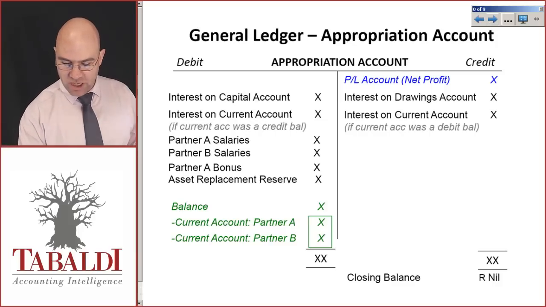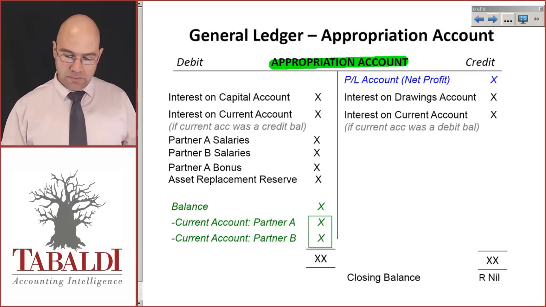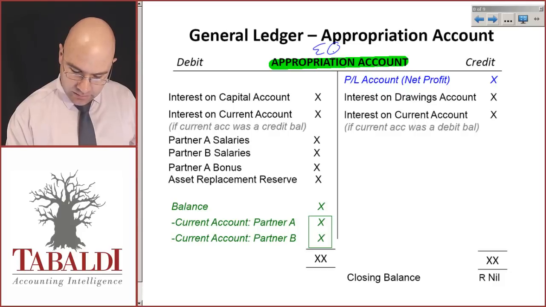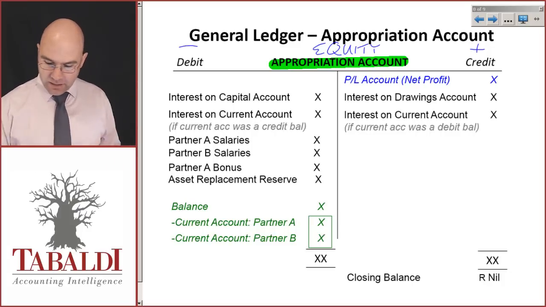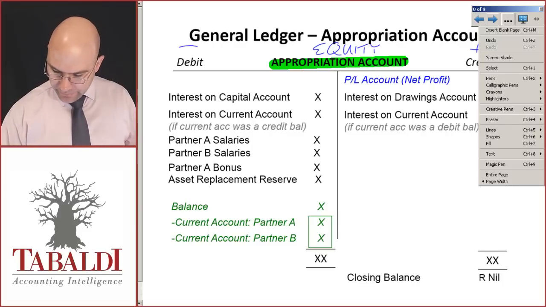Okay, so moving on to the general ledger, the appropriation account. Remember, this is an equity account, so it gets bigger on the credit, smaller on the debit. Okay, so let's get cracking now. First up,